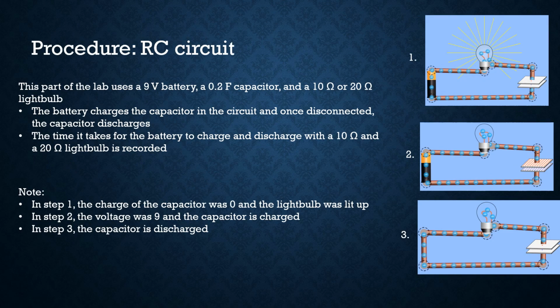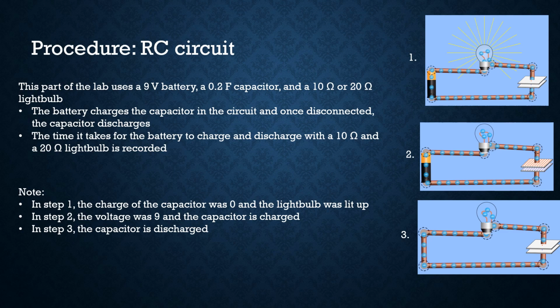The second procedure: this part of the lab uses a 9-volt battery, 0.2 farad capacitor, and a 10 or 20 ohm resistor in the form of a light bulb. The battery will charge the capacitor in the circuit, and once it's disconnected, the capacitor will discharge. And the time it takes for the battery to charge and discharge the 10 ohm and 20 ohm light bulb